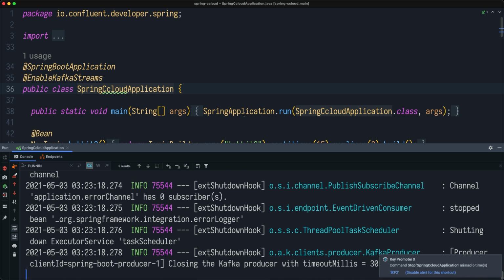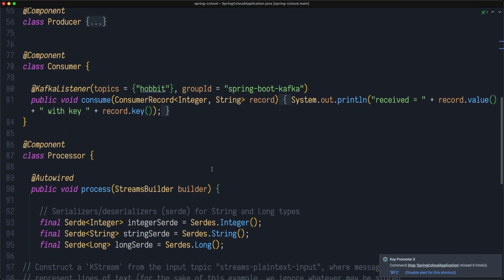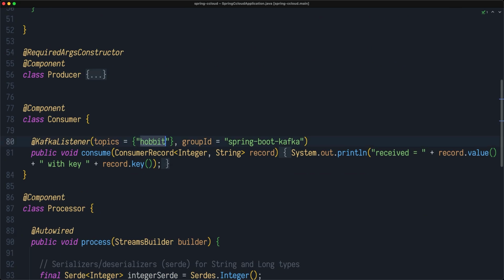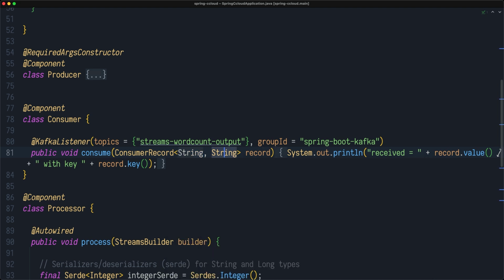Let's stop my application and go to my consumer code. I will change the name of the topic to streams word count. This is what we're going to be consuming here. And the consumer record in this case is going to be string and long.